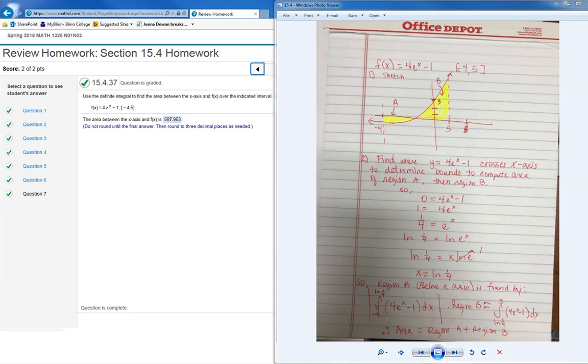Using our properties of logs, specifically the power property, we can move that x to the front of natural log. It becomes that natural log of 1/4 is equal to x times natural log of e. Well, natural log of e, of course, is just 1. So you end up solving that x is equal to natural log of 1/4. So if you were to plot this point, you would label it as natural log of 1/4 comma 0,